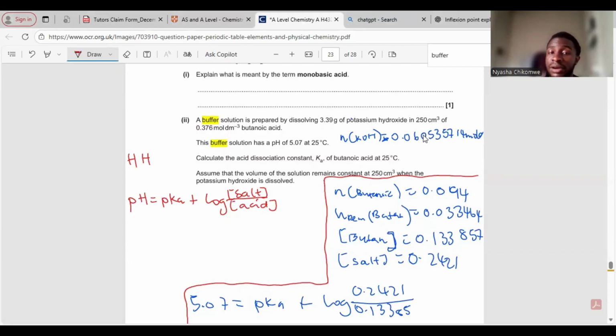So here we're given that it's a buffer that is being prepared. We're given that there is a butanoic acid of this concentration, but actually there's a neutralization reaction first. Because we are adding a base, potassium hydroxide, to butanoic acid, that's neutralization. A base and an acid is neutralization. So we expect that the neutralization reaction takes place first. And the neutralization reaction, when a base